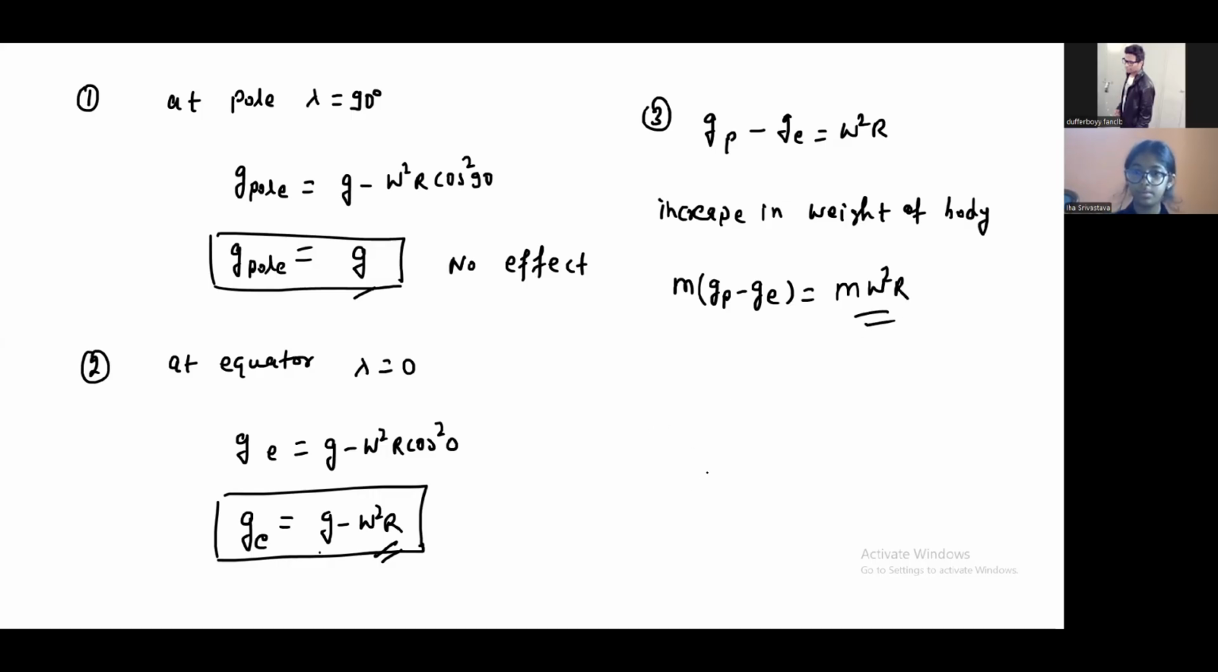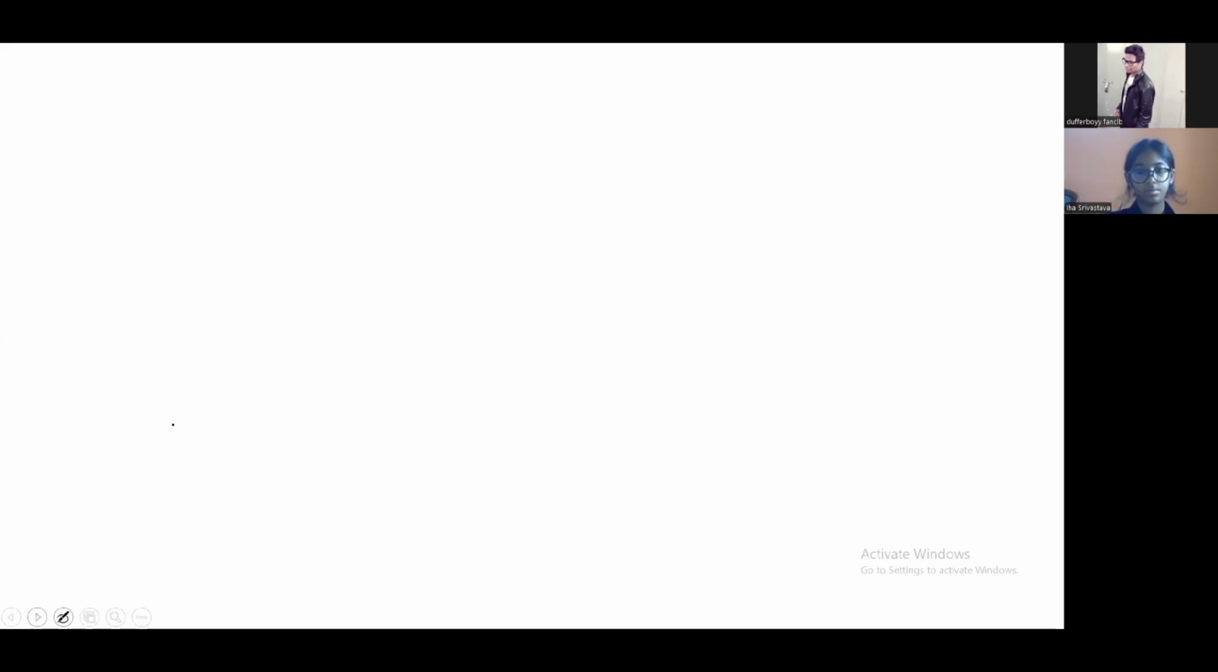Okay, so write down. Wait one minute, I have another thing to give and then you will write. So we can write the third point: weightlessness due to